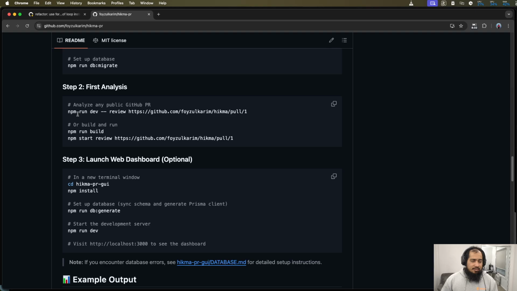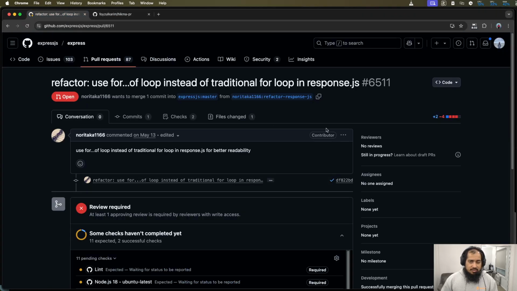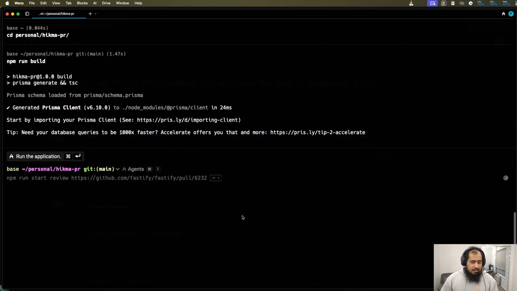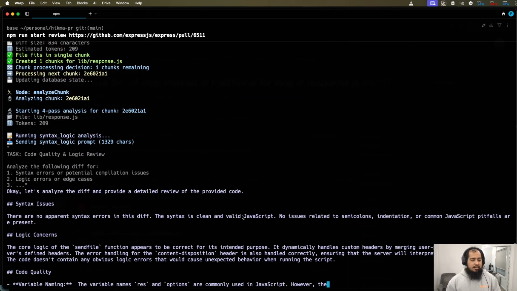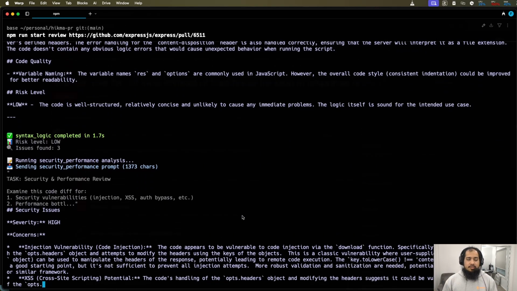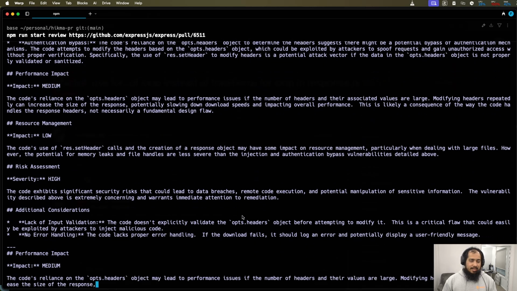So now let's run our first analysis. Because I'm making a video, I'm not going to take too much time, so I'm just trying this one, 6511 of Express, because it's just 2 lines of code in 1 file. So I'm just going to change this to npm run start review and this one. If you run this, you will see it will pull the changes and start analyzing